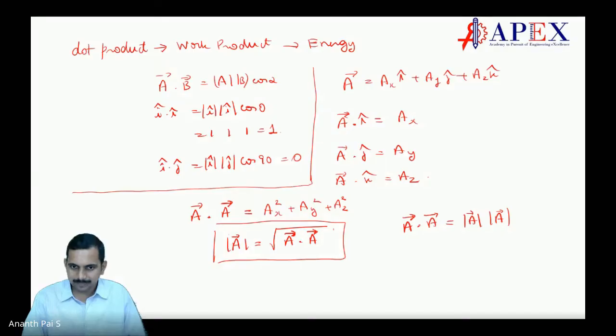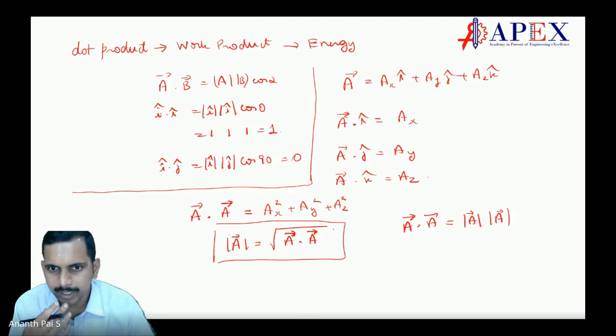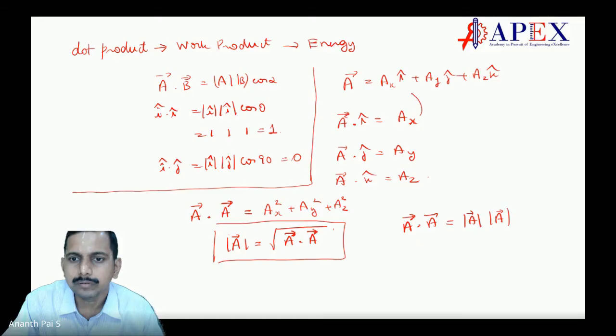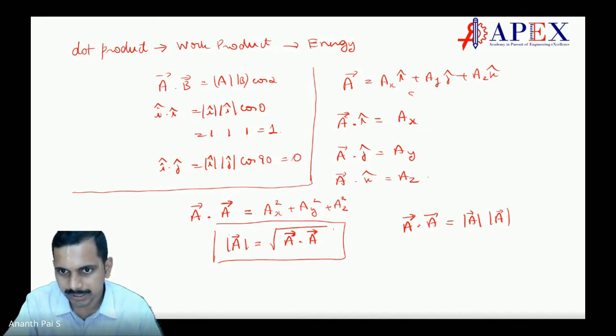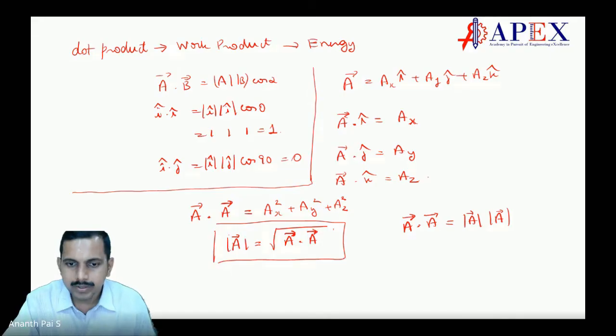Hello, sir. Yes. Sir, actually, how is A dot I equal to AX? Did we get it from the above equation? If we substitute A dot I equal to AX in the above equation, we get something. Where do we substitute this? Why are we substituting it? I don't know how we got it. Okay, let us do that. Next slide I will do. Okay, now I'll do it here.